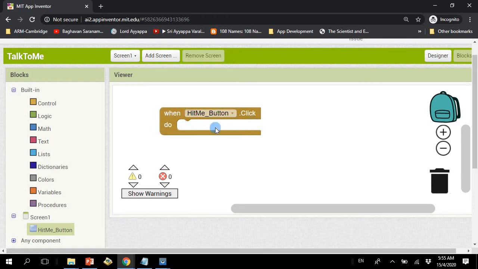Now what do I want this app to do? I want this app to be able to talk to me. That means I want to provide it with some text, and I want the phone to speak out this text whenever this button is pressed. Now this ability to convert text to speech is a feature within the phone itself, and that is actually under another component. So what I need to do now is go back to